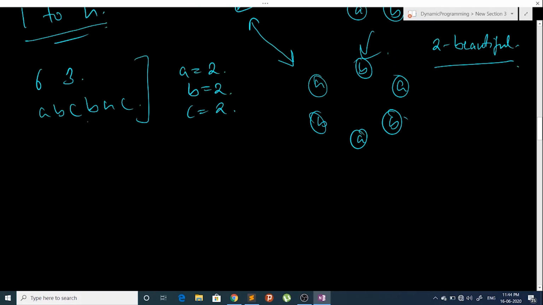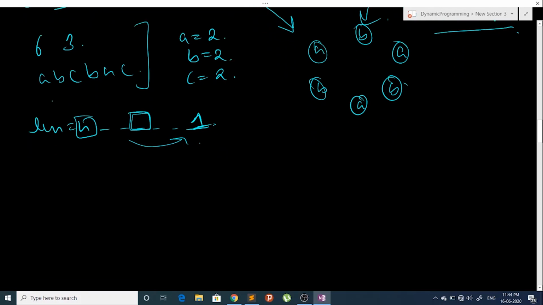Now I will check length equals to N first, and like this I will check length equals to 1. So I'll start from N and go towards 1, and if at any time I see that I can make K beautiful necklace, I'll just print my answer. So here I have A equals to 2, B equals to 2 and C equals to 2. So I will check for length equals to 6 here.